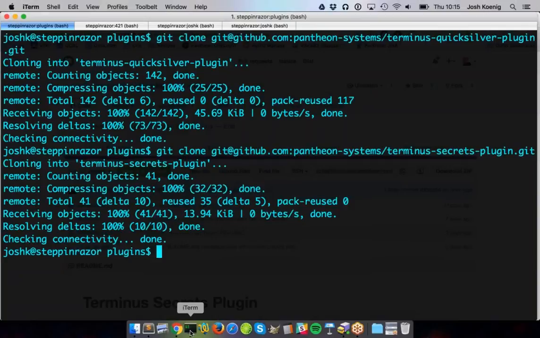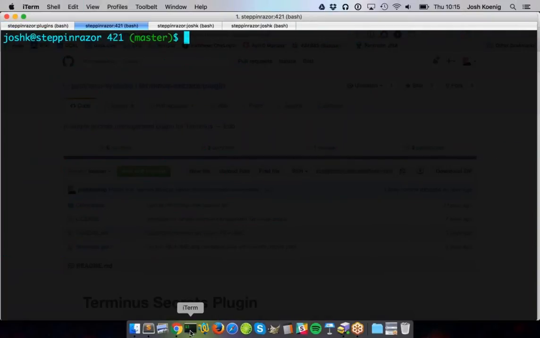So when Terminus 1.0 comes out, you can expect a lot of this to just be things you don't have to necessarily know about these repos. You'll just be able to discover and install commands natively. Okay, now that I've got these two things installed, and I'm in Git mode,